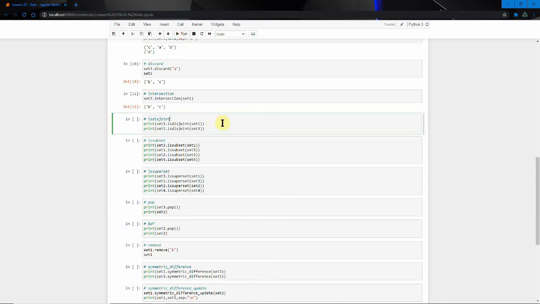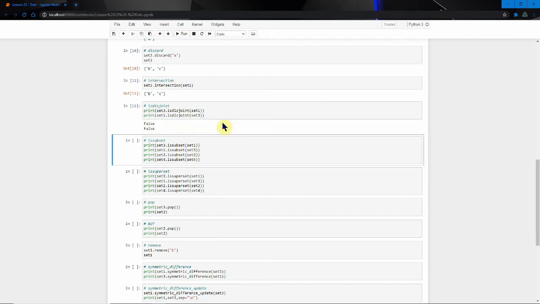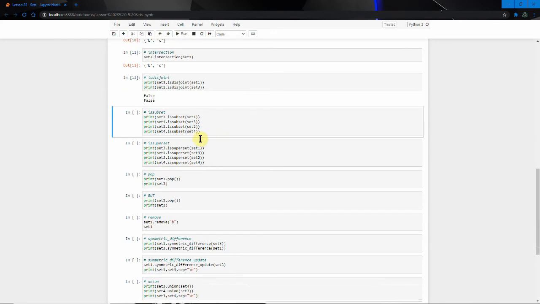We can then check if they're disjoint, so if they contain something that's not in the other set. So we can check if they're disjoint, see if they contain no similarities, and in this case they aren't disjoint. Then we can check if stuff is a subset, so set 3 contains stuff and set 1 contains all of that, so set 3 is a subset of set 1, but set 1 is not a subset of set 3,